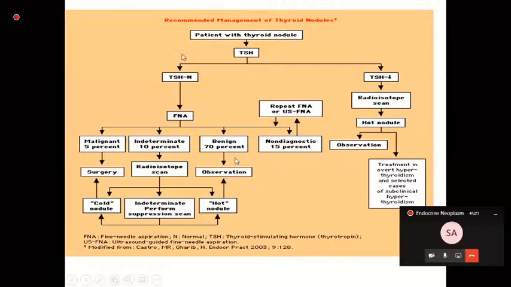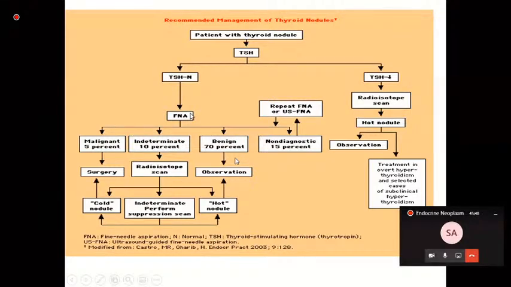So this is what we are going to do first. A patient with a thyroid nodule, we do the TSH hormone. If the TSH is low, we do a radioisotopic scan to see whether it is a hot nodule. If normal, usually before the FNAC, we do the ultrasound actually, because ultrasound is very nice to see whether